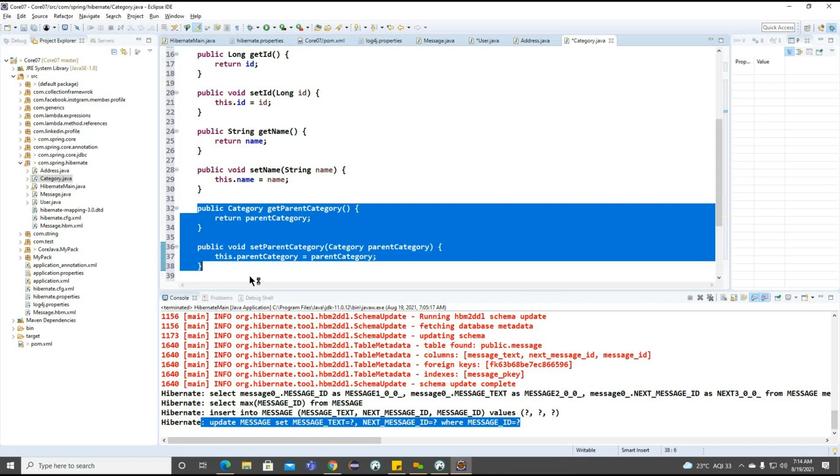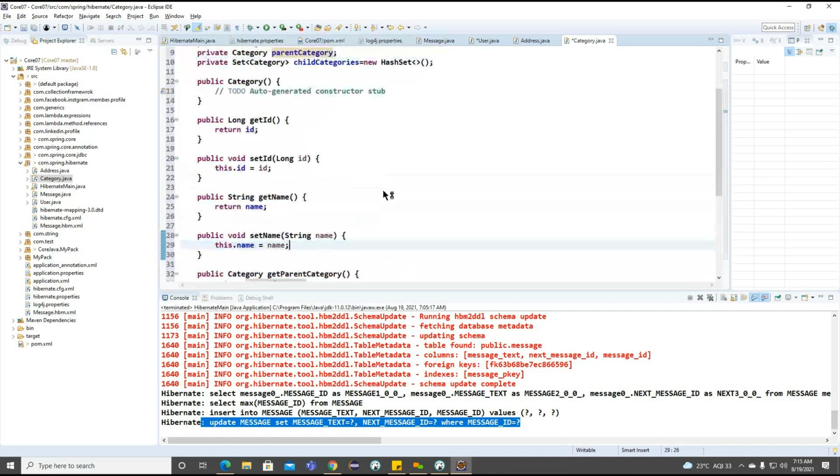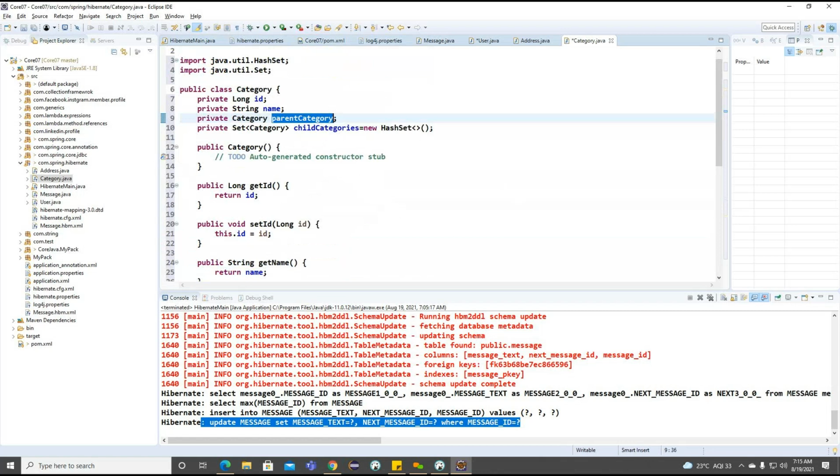Here, if you observe, to allow this bidirectional navigation, bidirectional is nothing but whenever we are working on a two-way operation, we require two attributes. The parent category attribute is implemented as a single value. The parent attribute is going to expect a single value, and the child category is going to expect multiple values, that is, a collection type. Because of this, we chose setter injection, and the collection type we made as a Set interface.